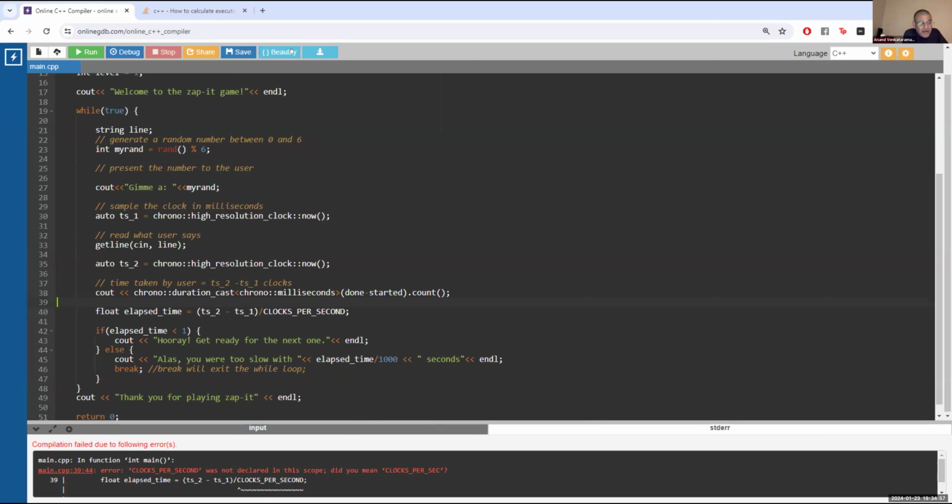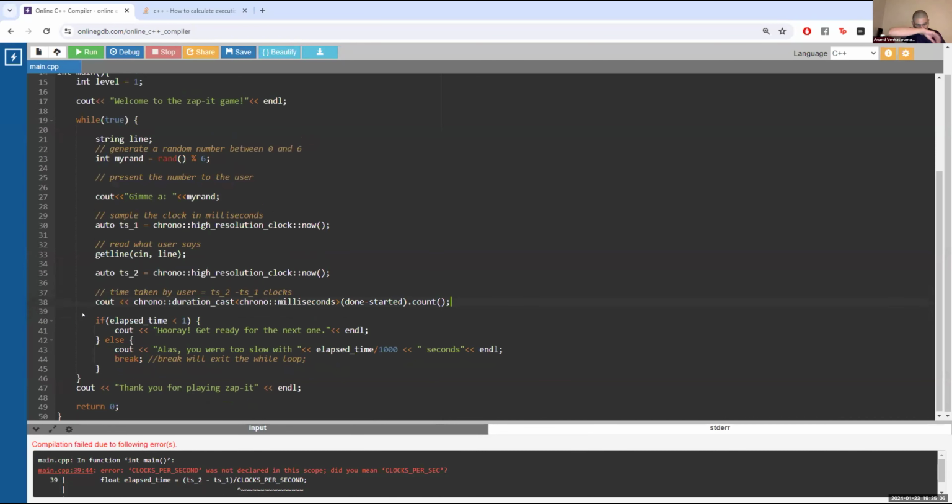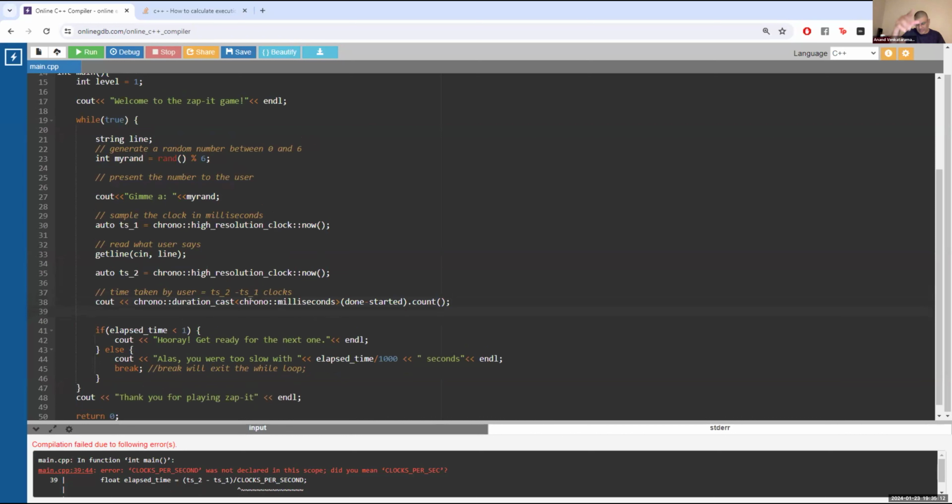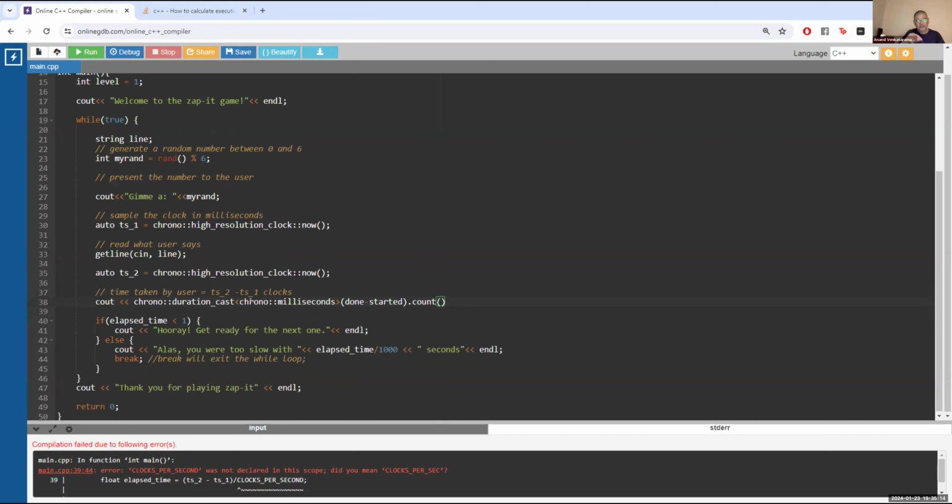So on cout, get rid of that float elapsed time. Get rid of that line. Now, what we'll do is cout, and then after that count, and no, get rid of the semicolon, get rid of the semicolon, and say left shift,